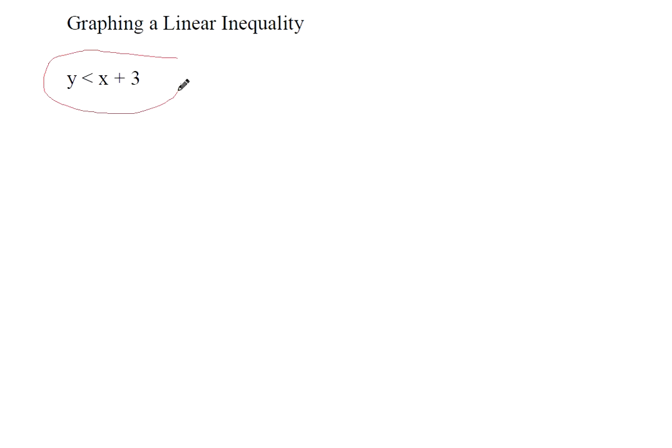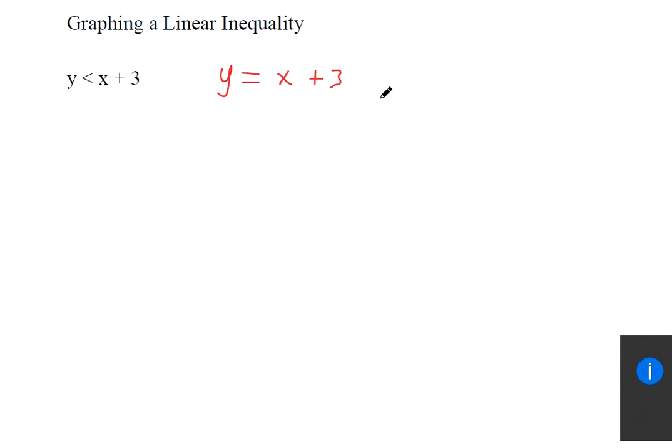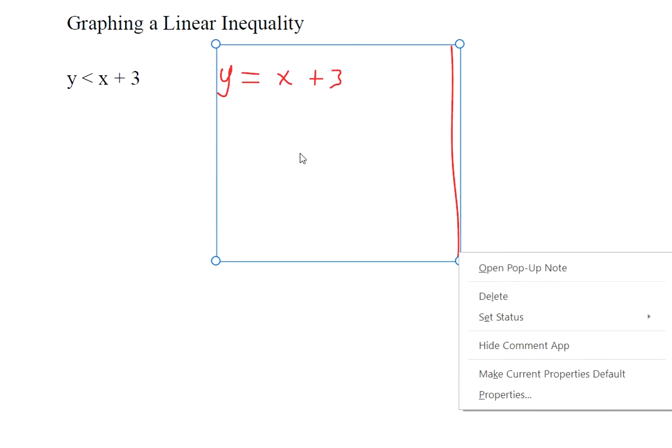To graph a linear inequality, like this one I have on the screen, you actually can start by thinking of it as an equation instead of an inequality. So you've got an equal symbol. Okay, I mean it's obviously not the same thing as an equation. We'll go back and take care of the inequality symbol at the end. So graph it like you would a normal equation,